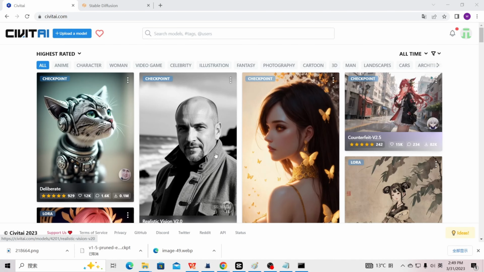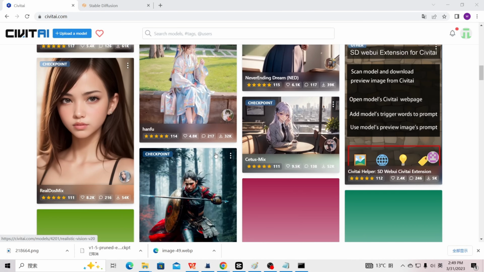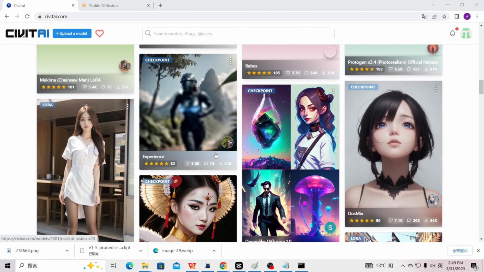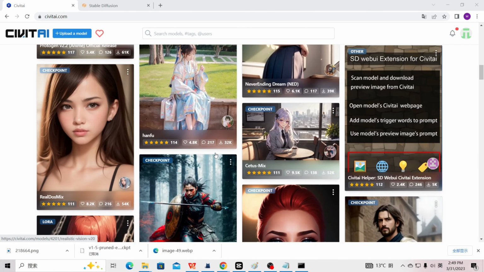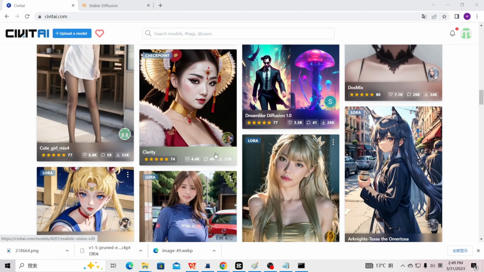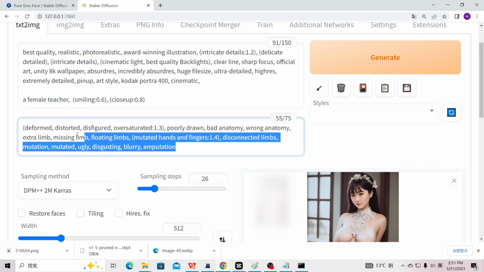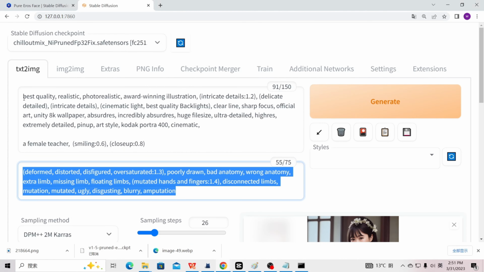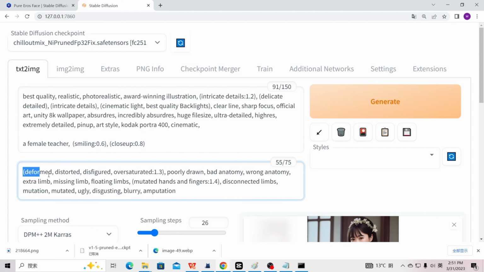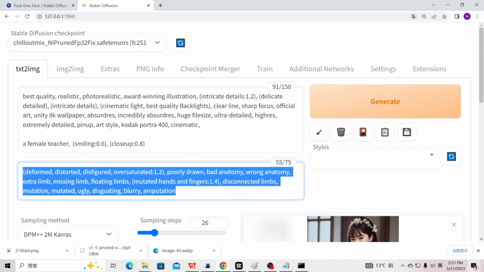In addition to the civitai.com website, you can also learn how to debug prompts to generate the images you need in other places. The input text box below the prompt is negative prompt, indicating that you don't like the image features that appear, such as low-quality images, deformed fingers, etc.